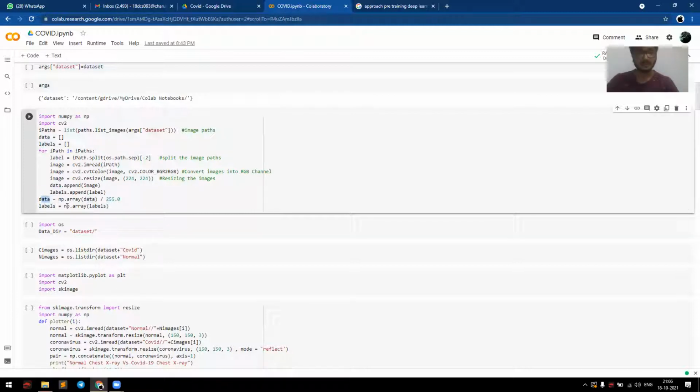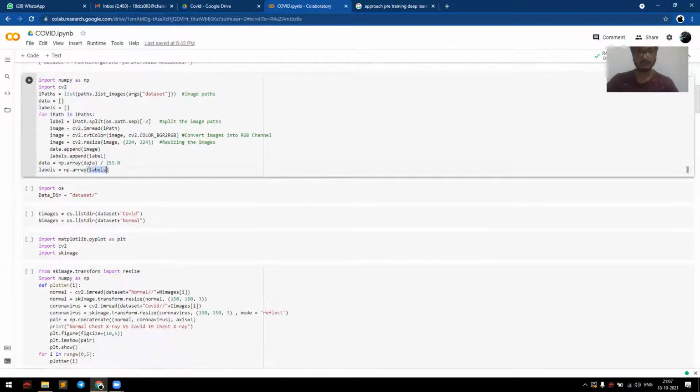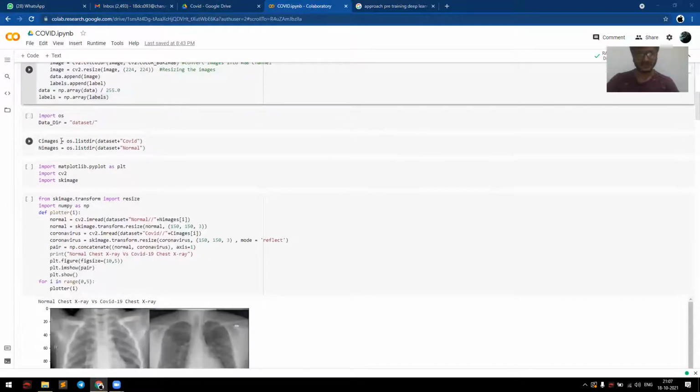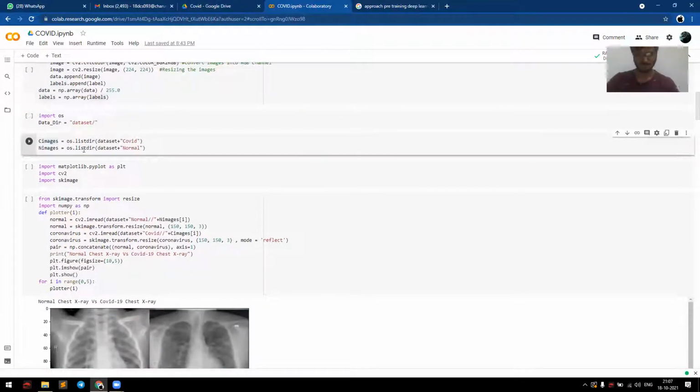You can see this label. Because the machine cannot understand images, we have to convert them into array form. So I used labels in array form and data as well. Finally I used two forms to store: for COVID I use C images, and for normal photos I use N images.